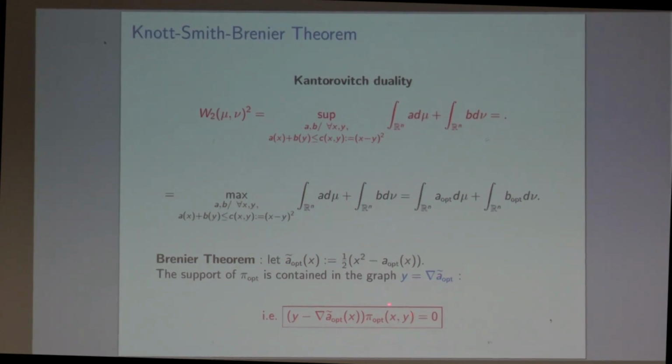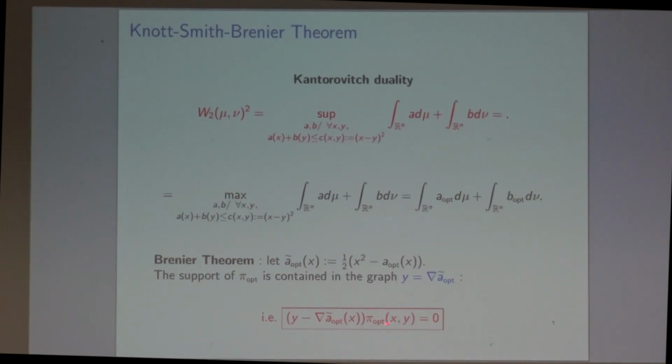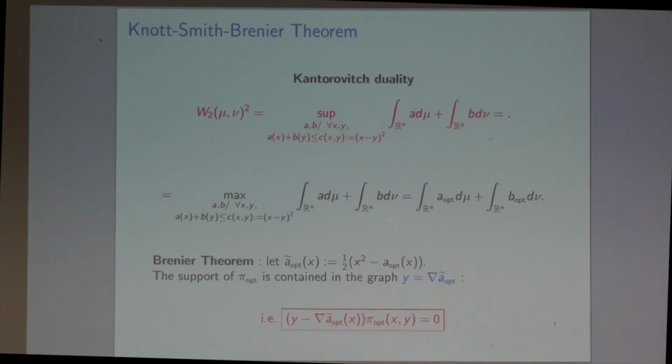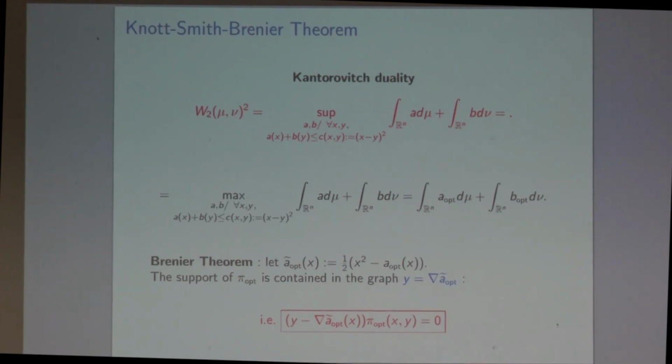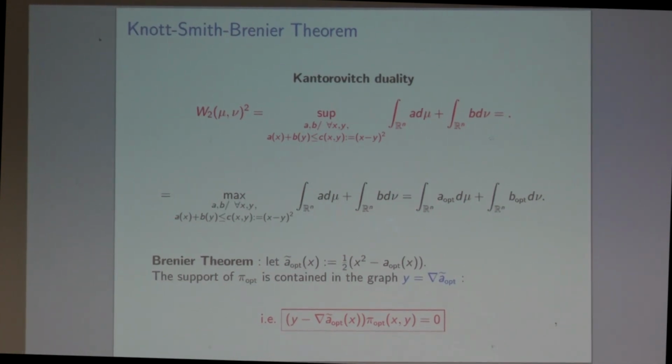That is, what you know about the optimal coupling is that if you multiply by this function, it's equal to 0. In other words, the support is contained exactly in the graph of this function here. It's very important to relate this to the original Monge problem, but